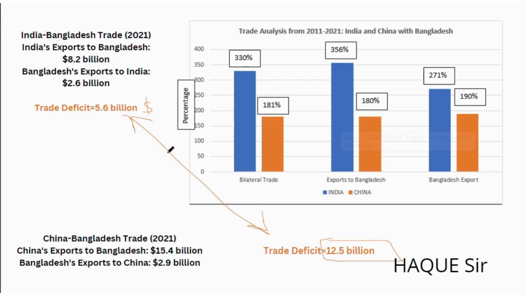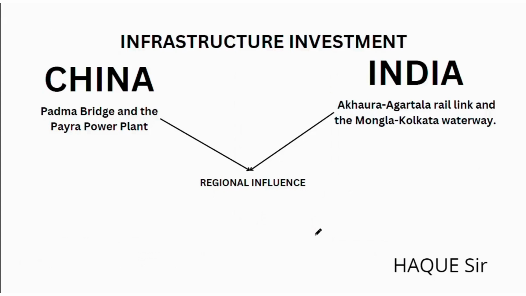So despite the higher growth rate in trade with India, Bangladesh's trade deficit with China remains significantly higher. This reflects China's substantial export volume to Bangladesh. Then moving on to infrastructure investment. India and China are both very much affected by what is happening in the Indian Ocean region. That's why China is playing an important role in Indian Ocean countries, as we can see in Sri Lanka and in the Maldives. In all these countries, China is basically challenging India's investment and India's strategic significance in the region.